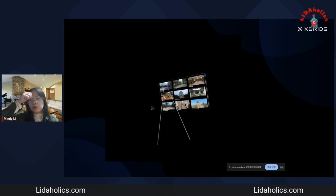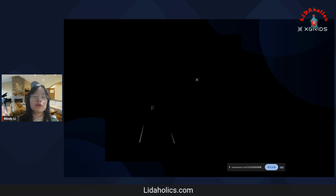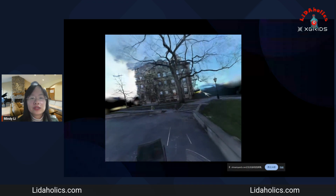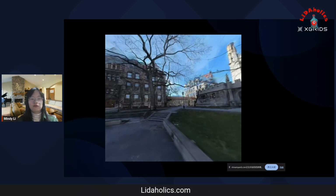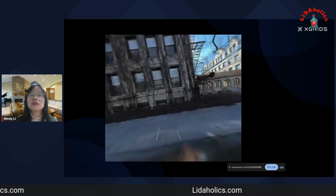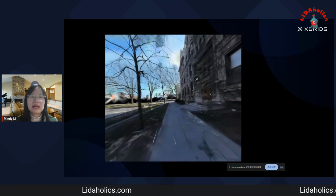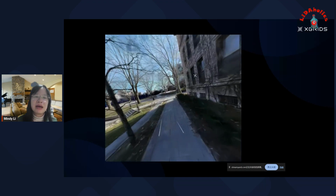As you see, when we scan different kinds of scenarios around the world, you can put that into the VR headset, and for some short time rendering, you can use that stick for the free navigation. Here is the site I scanned in Chicago this last winter, but I can still feel like I can get back to